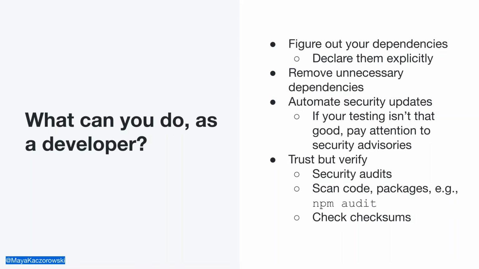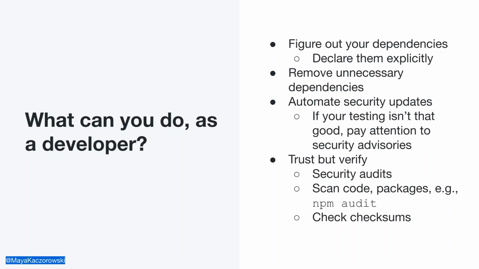If your testing isn't good enough that you feel confident doing that, I would say improve your testing, but also just pay close attention to security advisory emails or alerts or Twitter or however you get your latest vulnerability information. And know that you can patch. Testing this out and making sure that you can actually patch quickly is a great quarantine activity.